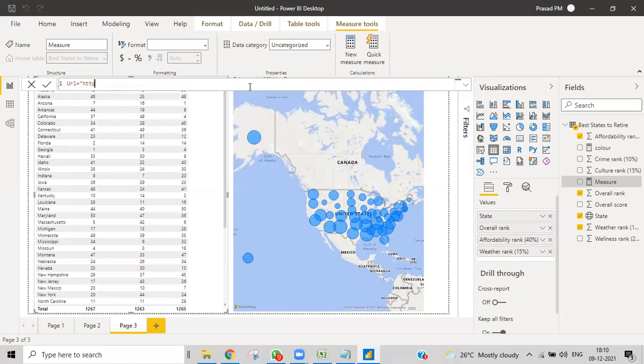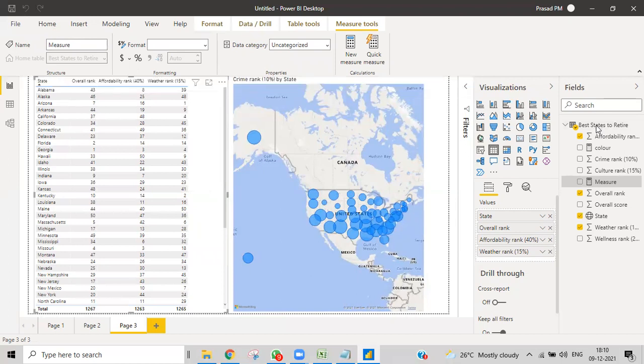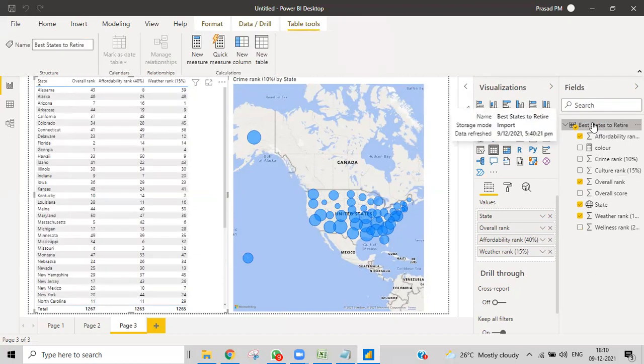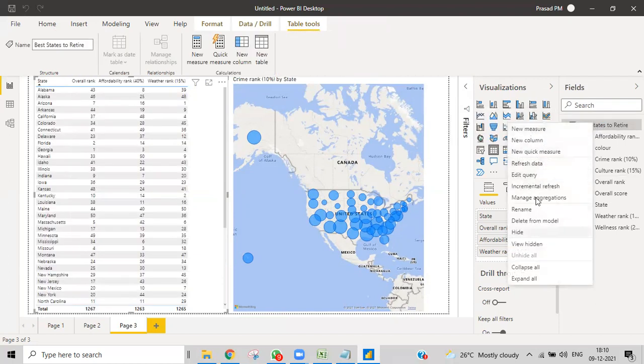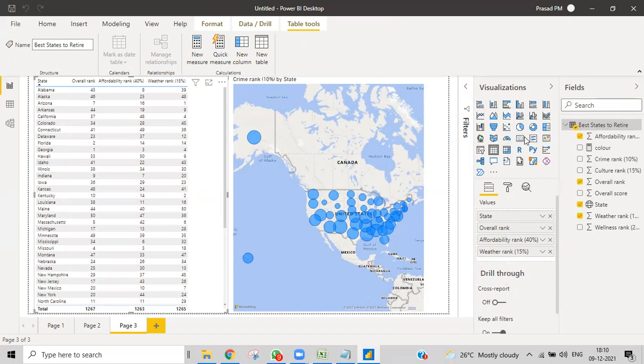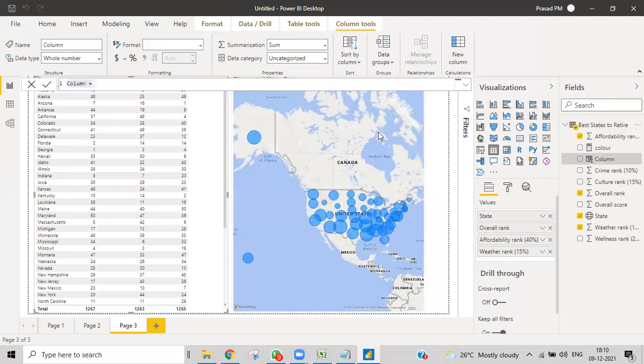Sorry, I want to make a column also so that it will be useful for you. Earlier I took the measure, but here I will take the column. Then only you can do that.